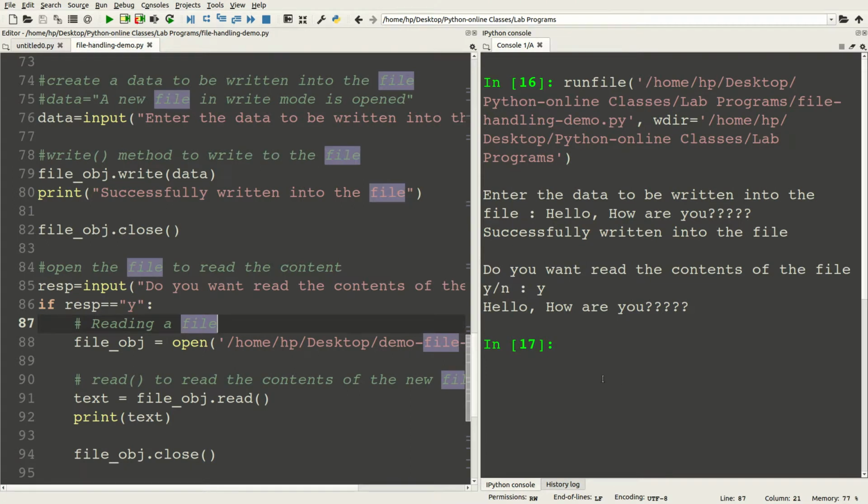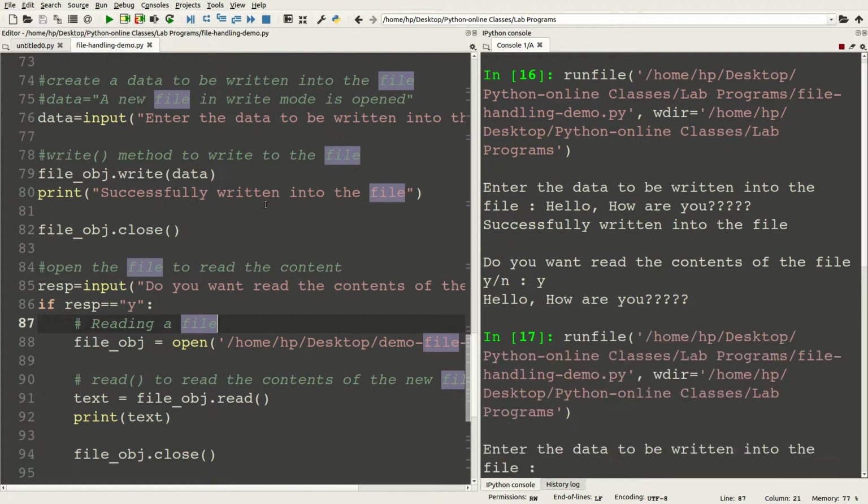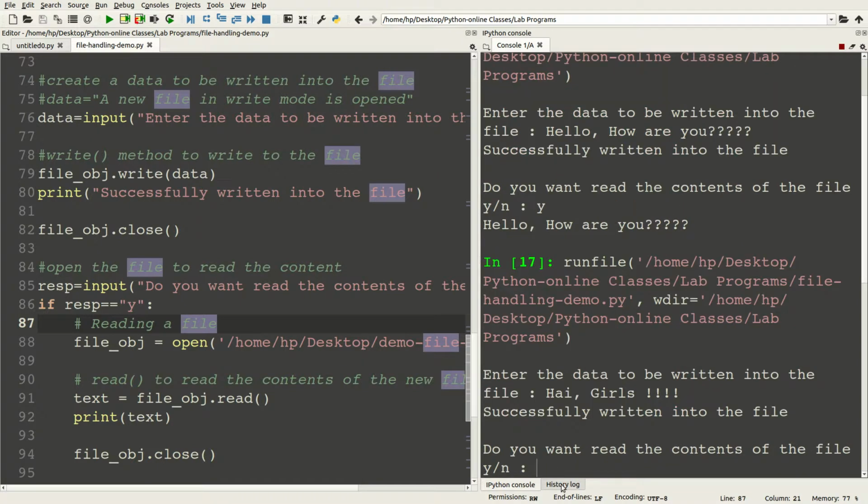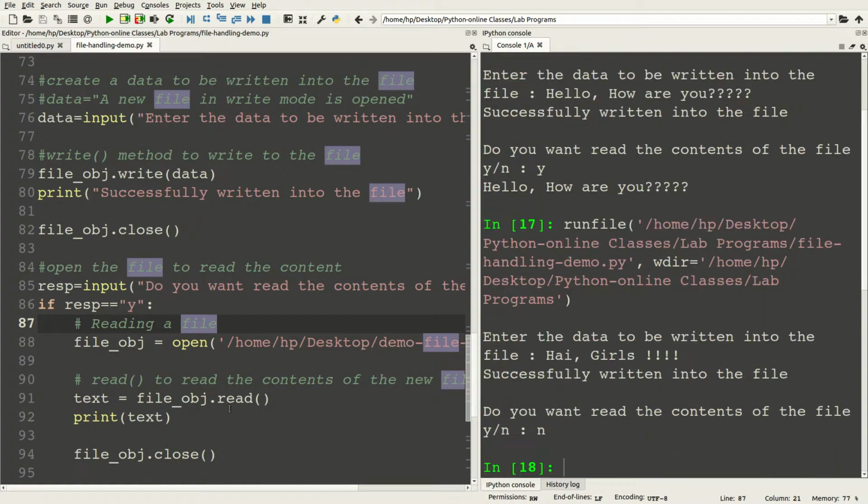contents into a file. Now if the same program you are going to run again and I say hi girls, and now it asks whether you want to read the contents. I say no, so obviously it is not going to read. If the response is yes, it does this, otherwise it quits the program.